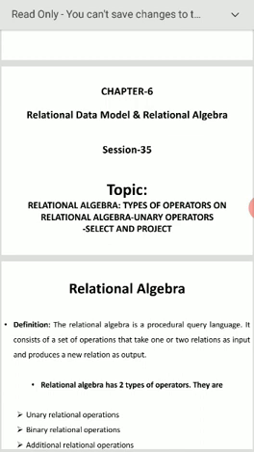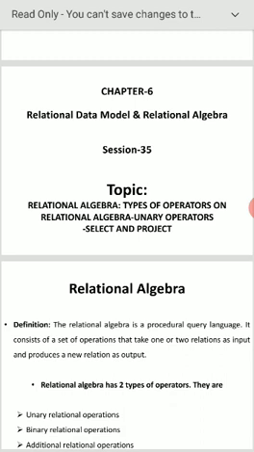Suppose if I say 10 plus 5, you will get 15. But here, relational algebra will take a set of relations and it will produce a new relation as output. What I told, 10 plus 5, is a numerical addition. We will get the numerical result. Here also, it will take the set of relations and it produces a new relation as output.